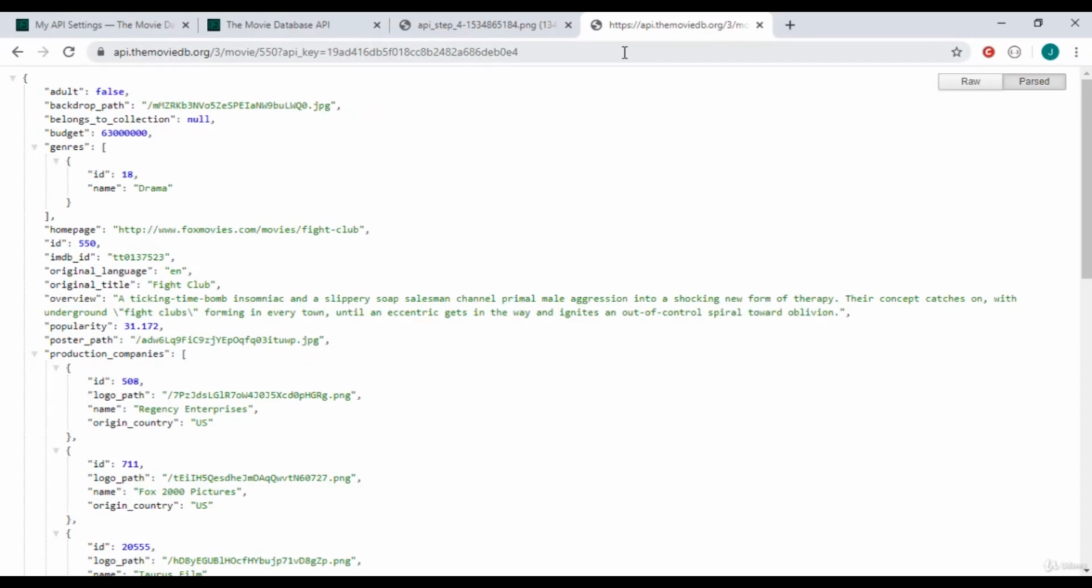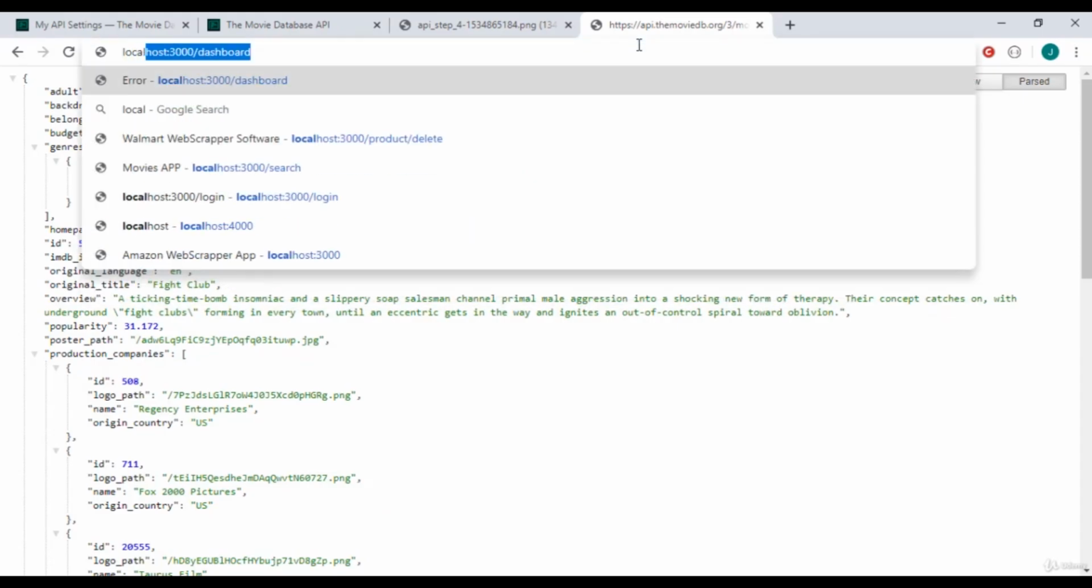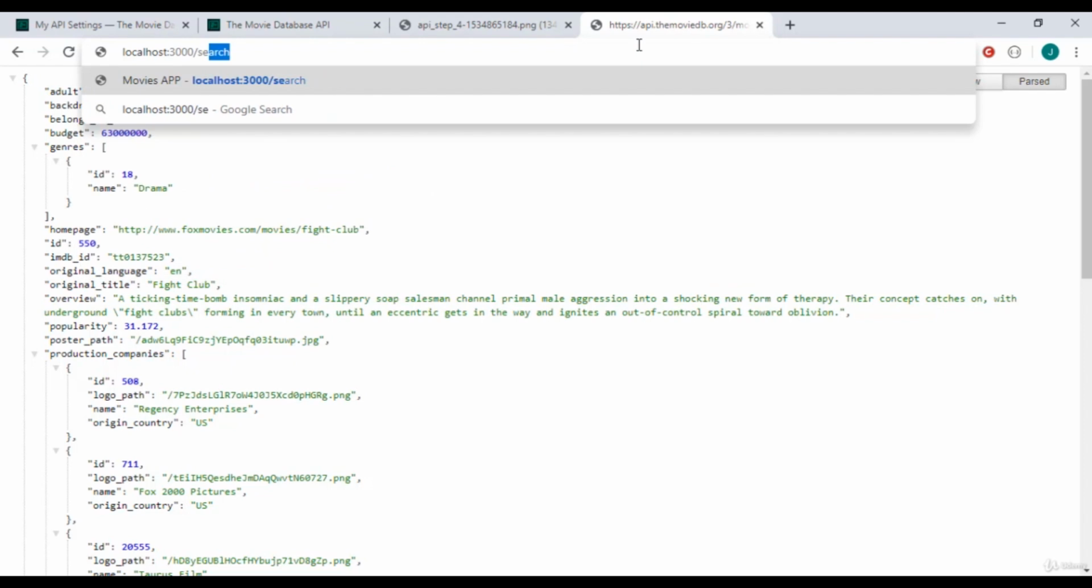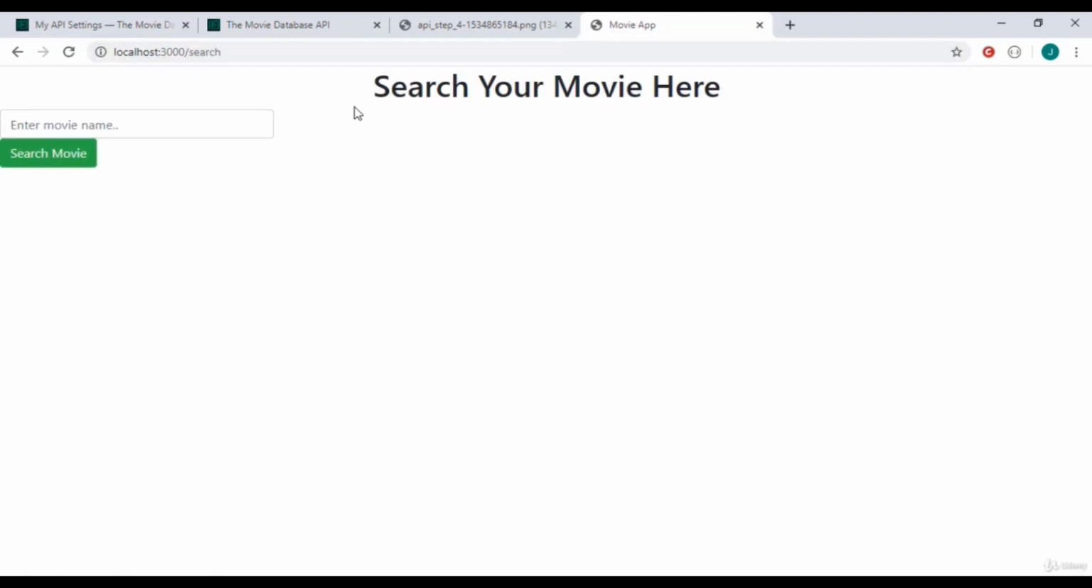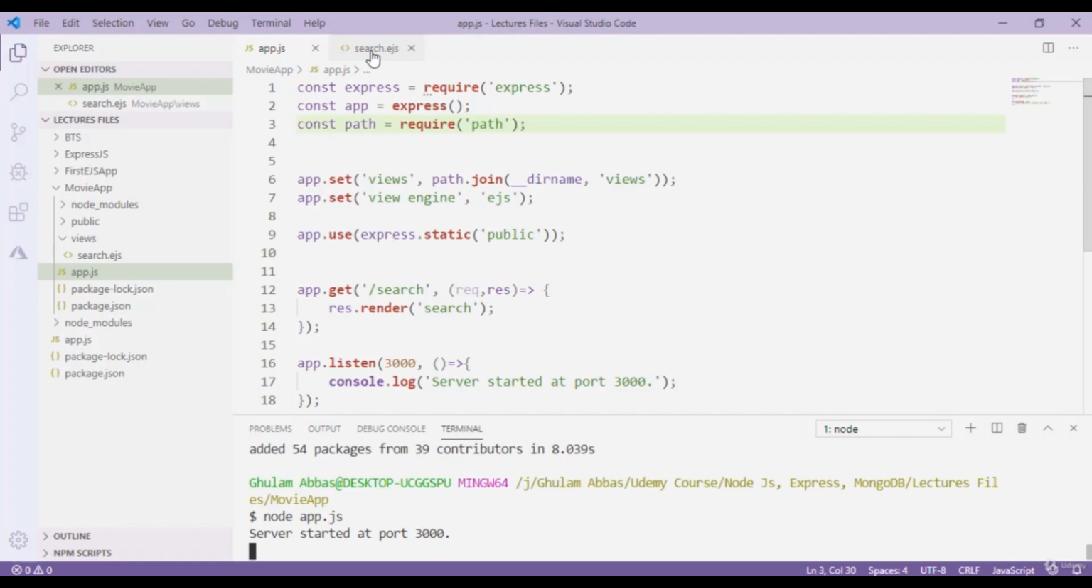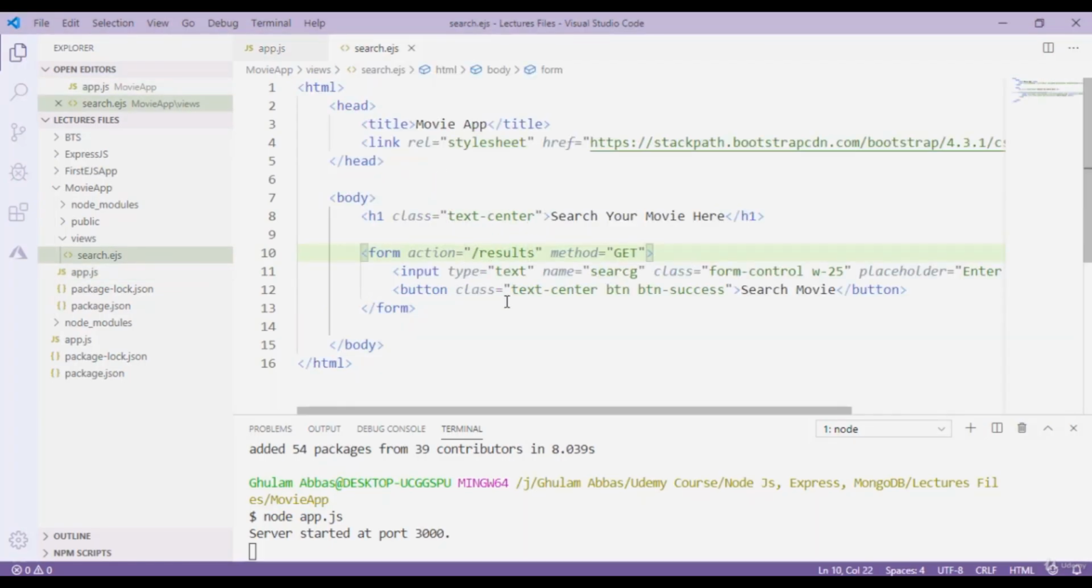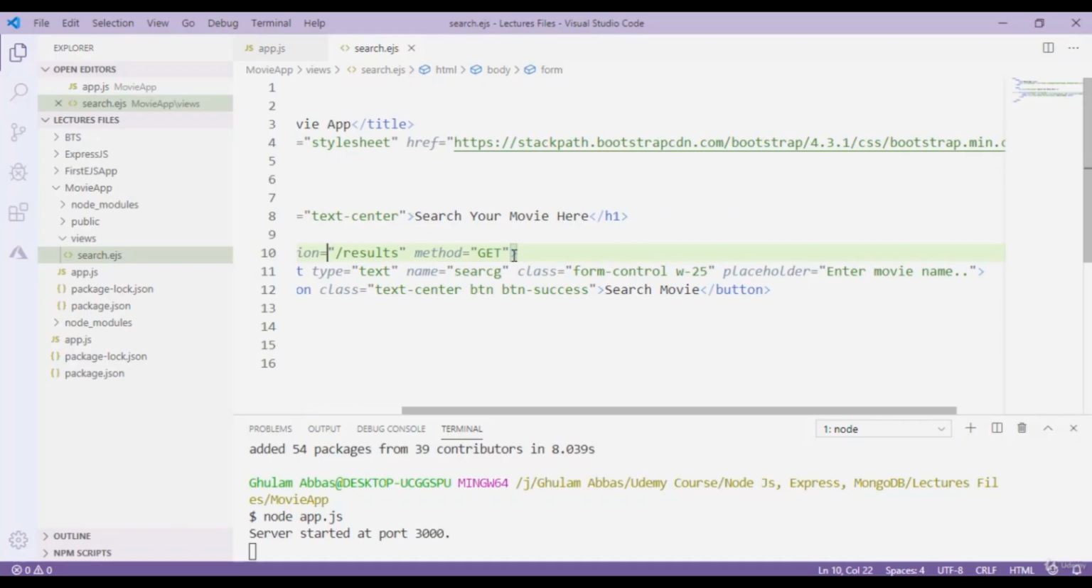I go back and simply type here localhost/search, and here is our movie app, basically a search form. So let's adjust this form. First of all, I go back to the EJS file, and let's give this form a class. First of all I give it a class of justify-content-center to center it using the d-flex property,